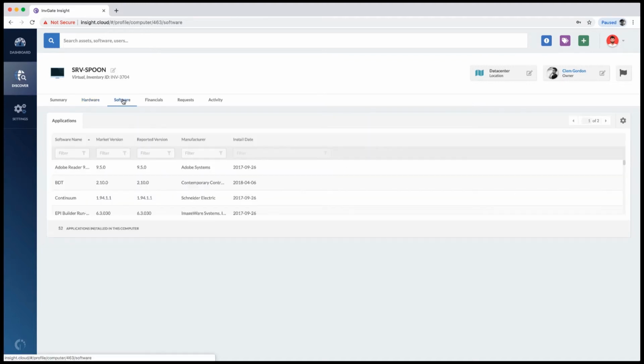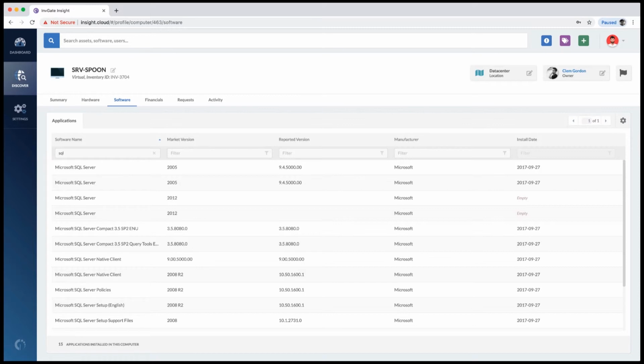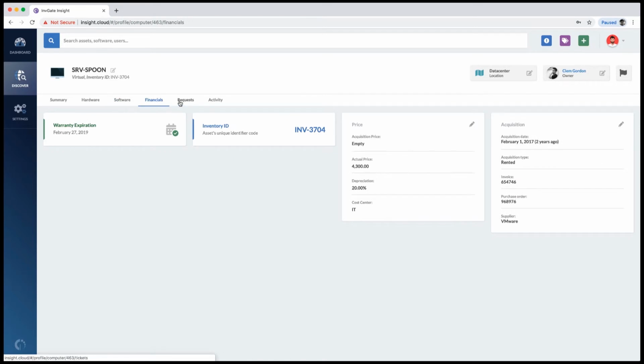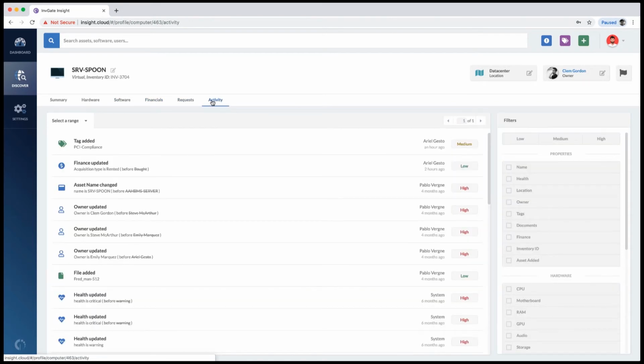Hardware, software, all the software installed in that machine. I can filter between that information: 2 versions of SQL, the financial situation, the request, and all the activity log that is being handled by this device. If we go back to summary,